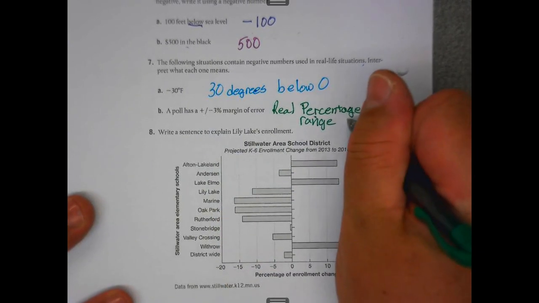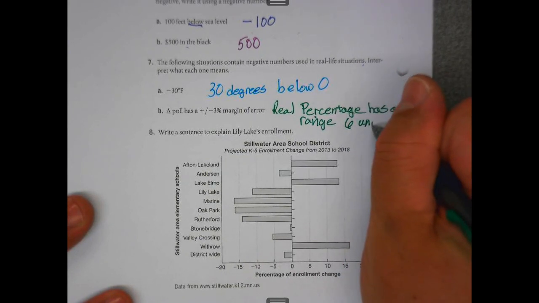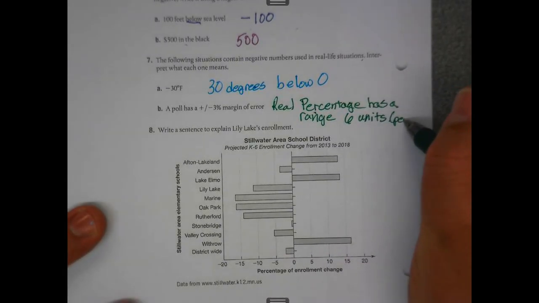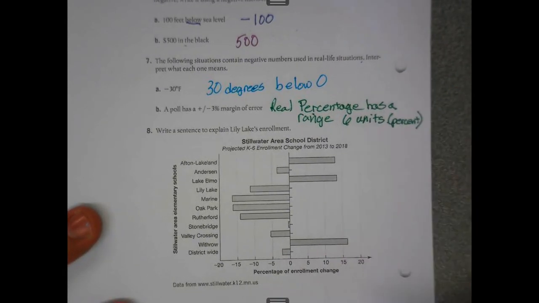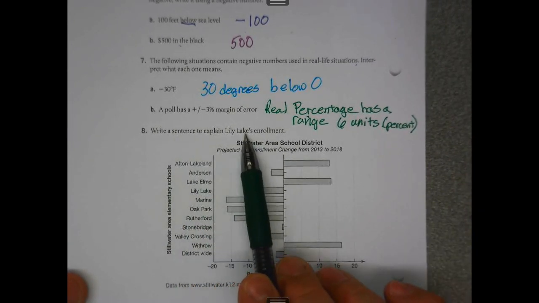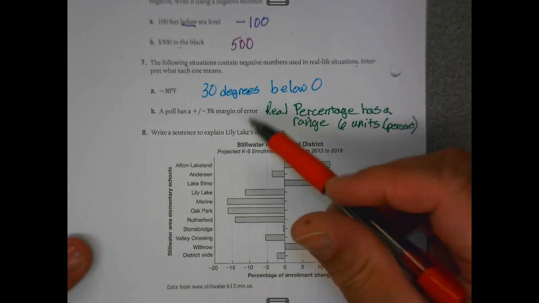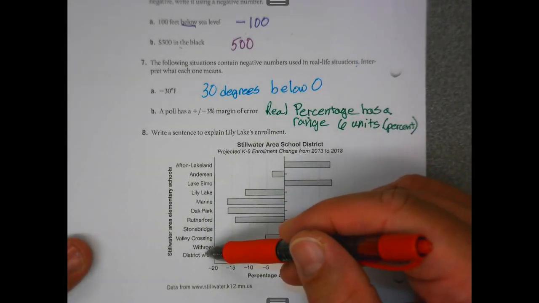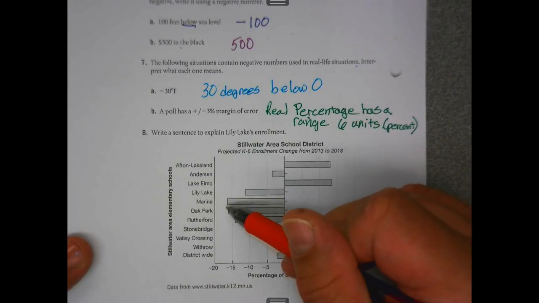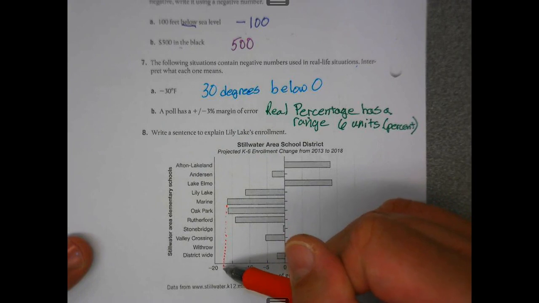Okay. Number 8, write a sentence to explain Lily Lake's enrollment. Okay, so this is a school district, and they have all kinds of different schools. And think of this as your number line here. So if we look at our number line, let's bring a line down here, and it looks to be at -17. And here's the highest one here on the bar graph. That's a +17. So this school district, so Stillwater District,